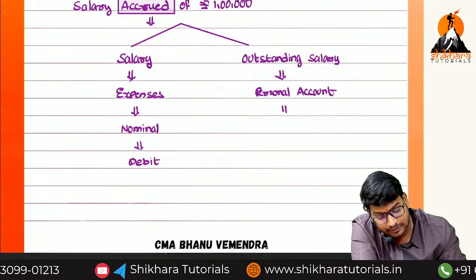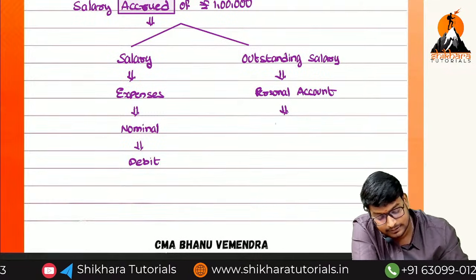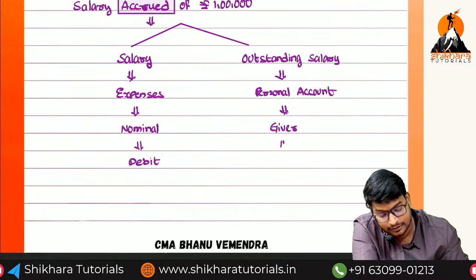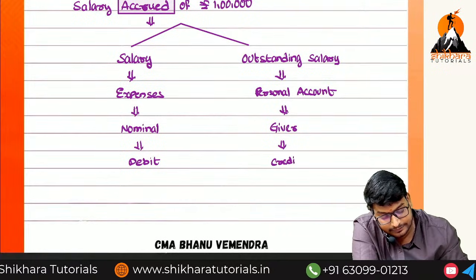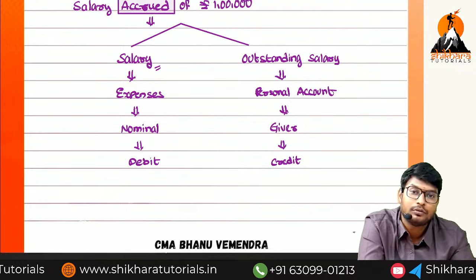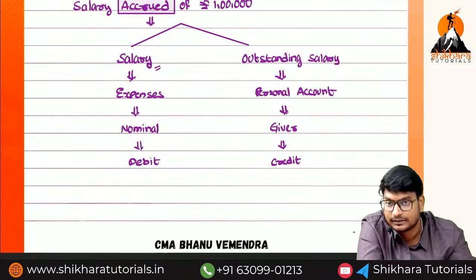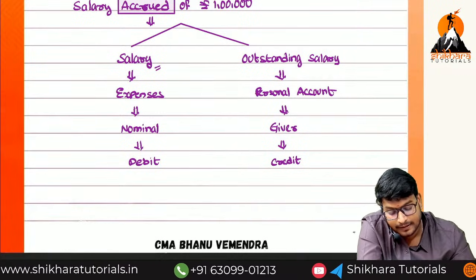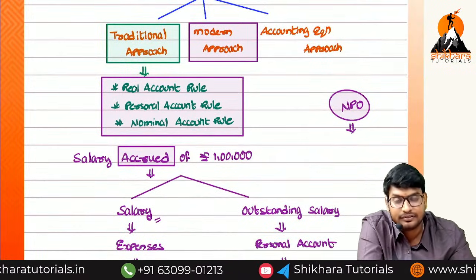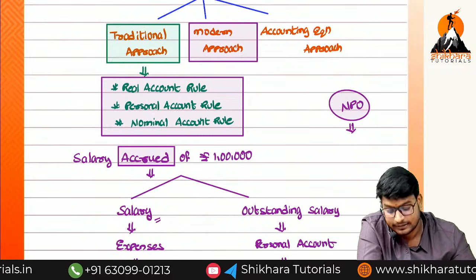He has given or taken? He did not take anything now. What has he given? He has given the services. For that reason, is he a giver or receiver? He is a giver. What do we need to do? Credit. What is the entry? Salary account debited to outstanding salaries account. He has given the services. For that reason, we have to pay what? Salaries. So this is the way of following which type of approach? Traditional approach. It is a difficult thing, compared to the modern approach.